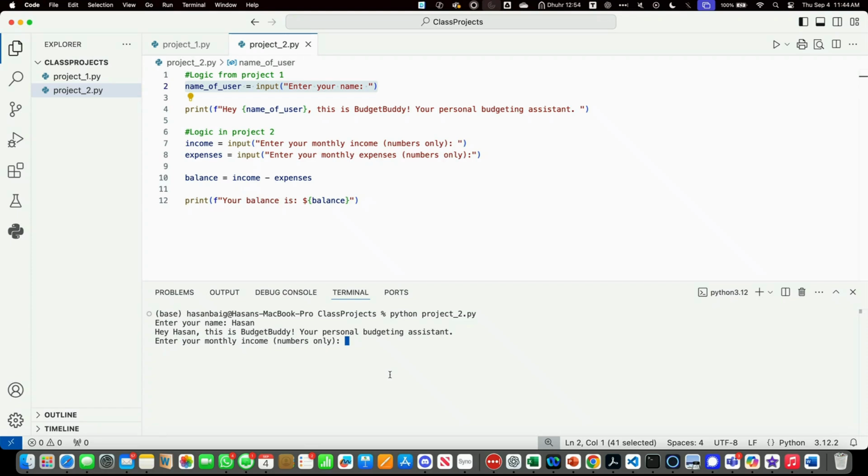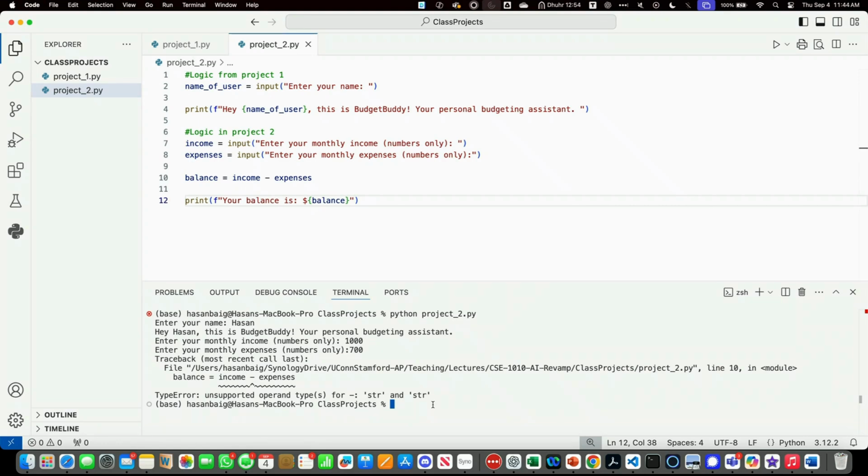Let's say I enter 1,000, and then enter my monthly expenses, let's say 700 something. When I hit enter, it will throw an error because it now tries to execute this statement. When it executes this, it complains about an unsupported operand type for the subtraction operator between a string and a string. So we are using a subtraction operator, and it complains that we are performing a subtraction between this string